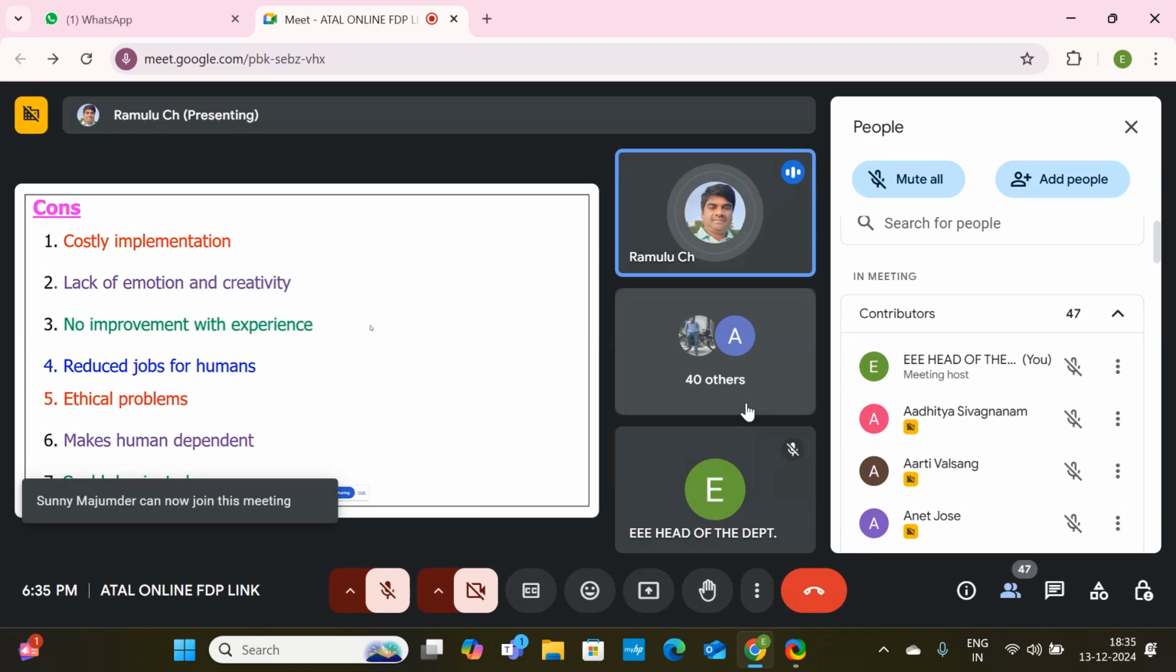Now coming to the cons, which are the disadvantages of using AI. First, the costly implementation, no doubt. Why is it costly, sir? In order to implement AI, as I said, it means intelligent agents. AI is nothing but intelligent agents, which are nothing but algorithms. For effective working, definitely